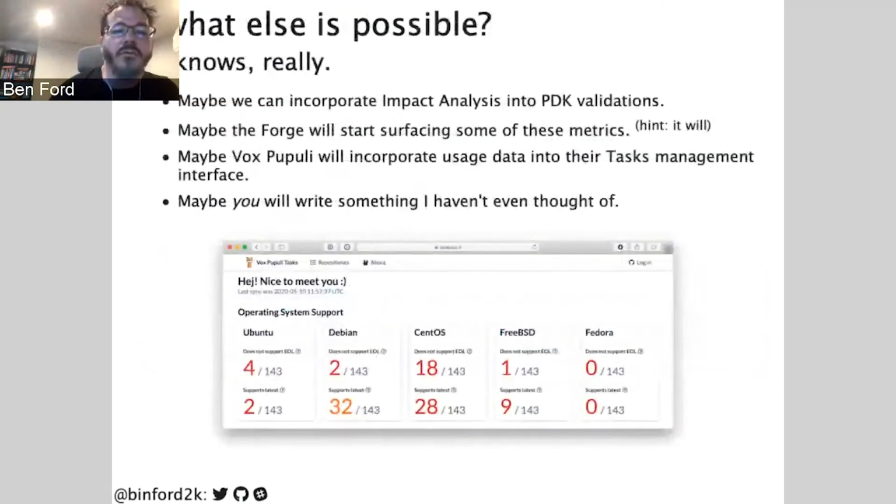So what else is possible? We don't really know. We have a few ideas. I want to incorporate that impact analysis into the PDK validation. So when you run the PDK testing, it'll tell you how many things might be impacted by your changes. I'm working with the Forge team to help surface a lot of these metrics, like directly on the Forge page,